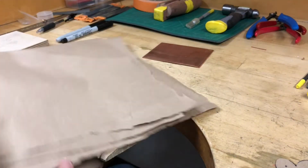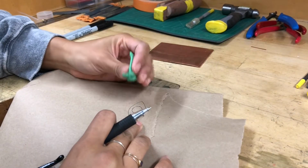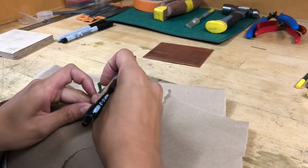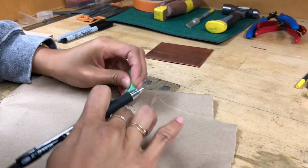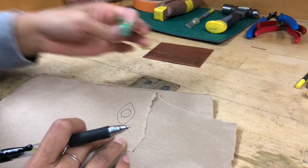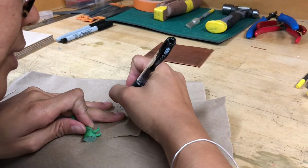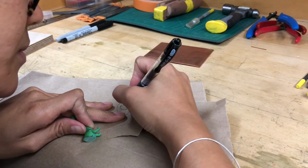So first we're going to start out with a little drawing. I love the idea of having a little leaf shape for my little dinosaur, a little herbivore. So I kind of started out with the very generic leaf shape. I've got his body traced out, and then I'm actually going to put in some tabs